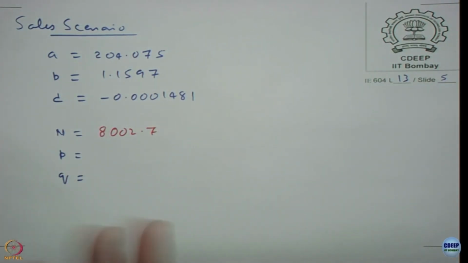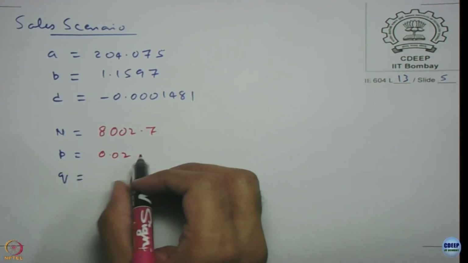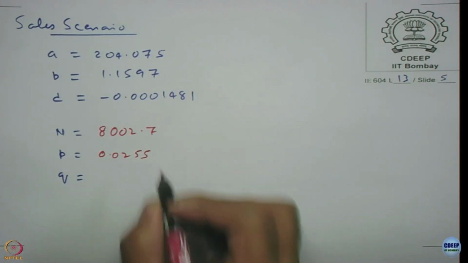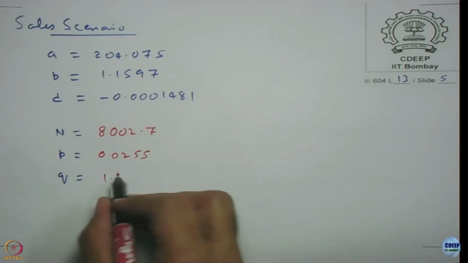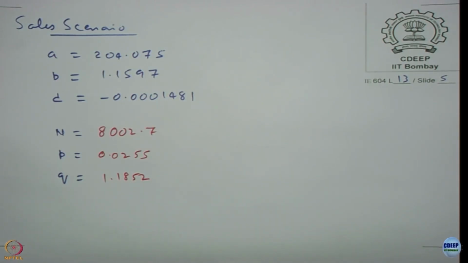You already have n, so you can directly compute p and q. P is nothing but a by n. You already have a divided by n, which should give you p. It will be 0.0255 something, and q 1.1852. So now these values you can put into your Bass diffusion model in a Vensim file and simulate it